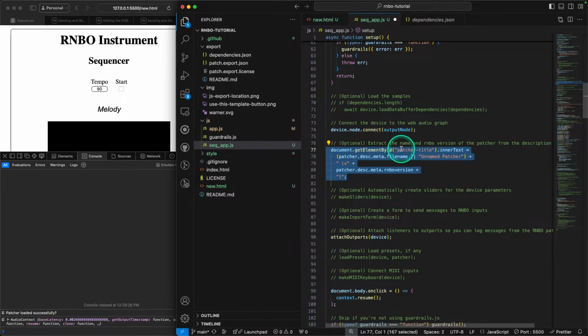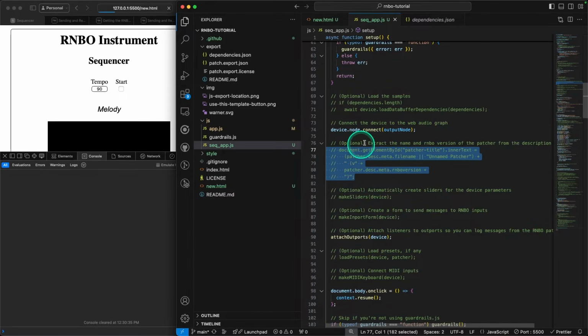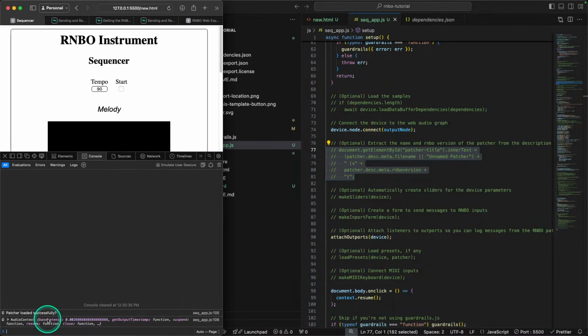So it tried to find this thing and then tried to update this text area with the name or the version of our rainbow patch. And since this ID did not exist within the HTML page, it threw the error. So we're going to comment this out, hit save, and you'll notice that that error disappeared,